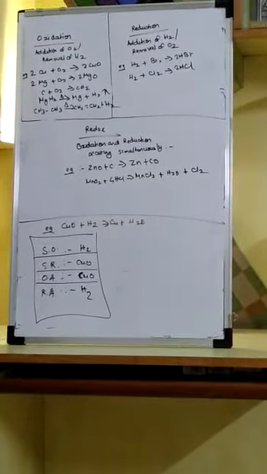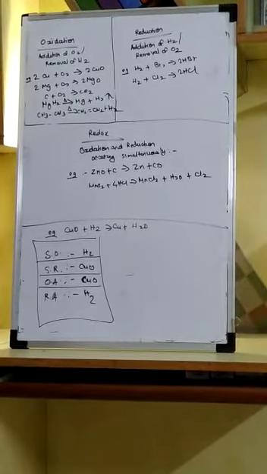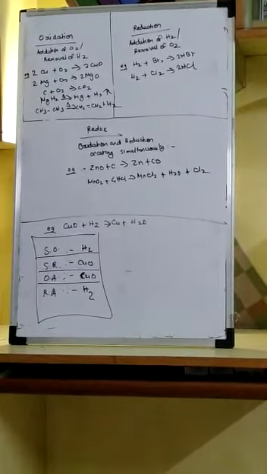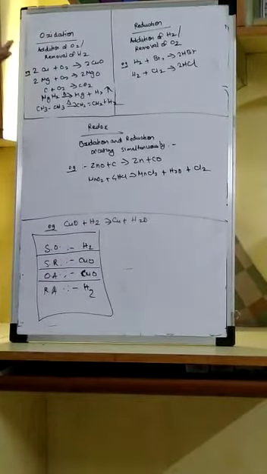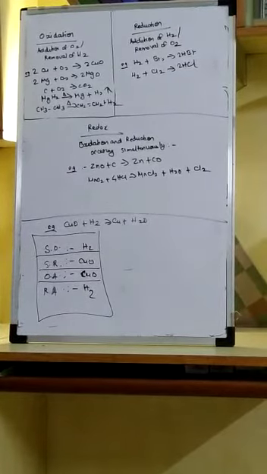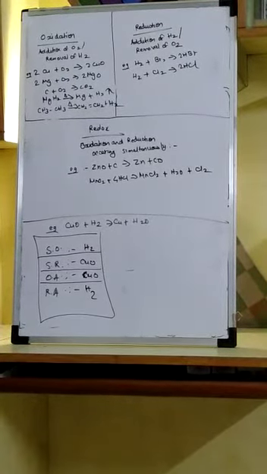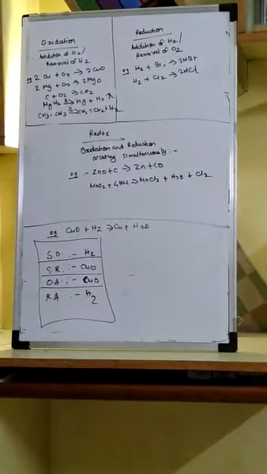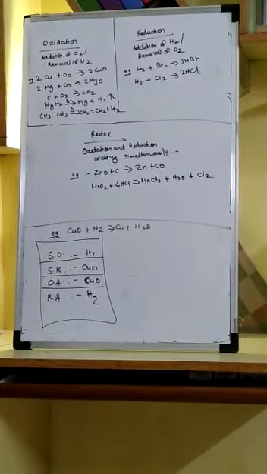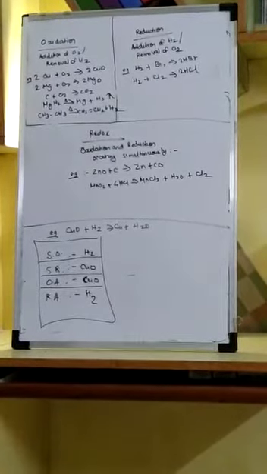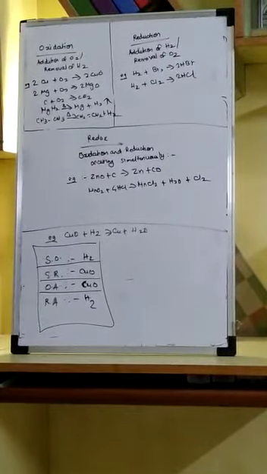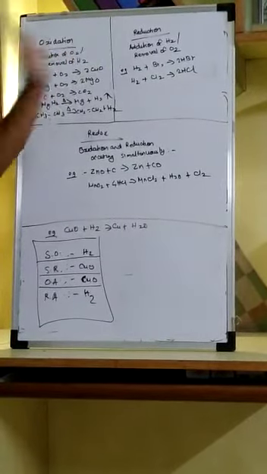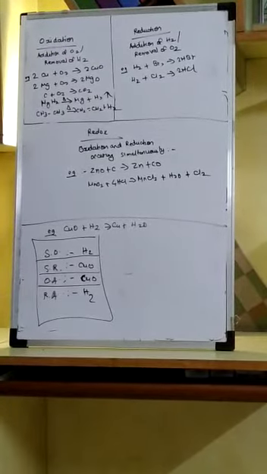On the right hand side, we see another category of reactions, reduction, which is the exact reverse of oxidation. What is reduction? It is the addition of hydrogen or removal of oxygen. That is, if hydrogen is being added to bromine, you give hydrogen bromide, or if hydrogen is being added to chlorine, you get hydrogen chloride. In other words, to bromine hydrogen is added, to chlorine hydrogen is added. So it is a reduction reaction. So what is oxidation, guys? Oxidation is addition of oxygen or removal of hydrogen. Reduction is addition of hydrogen or removal of oxygen. That is as far as oxidation and reduction is concerned.